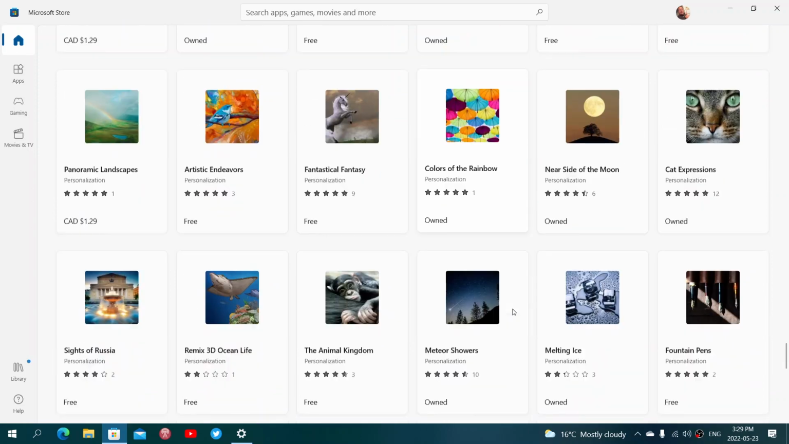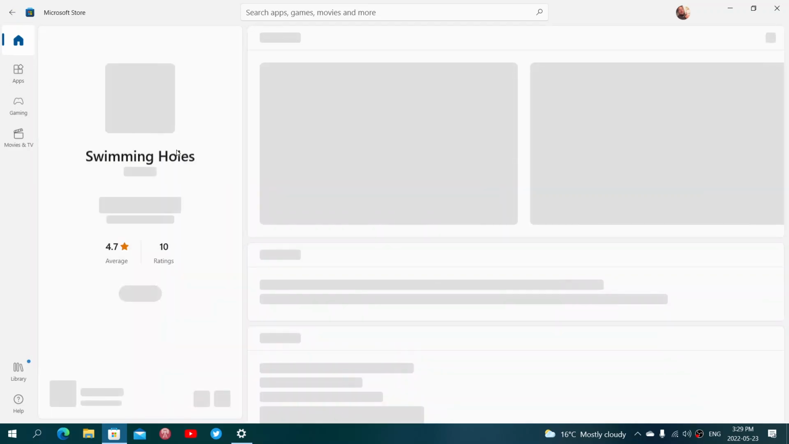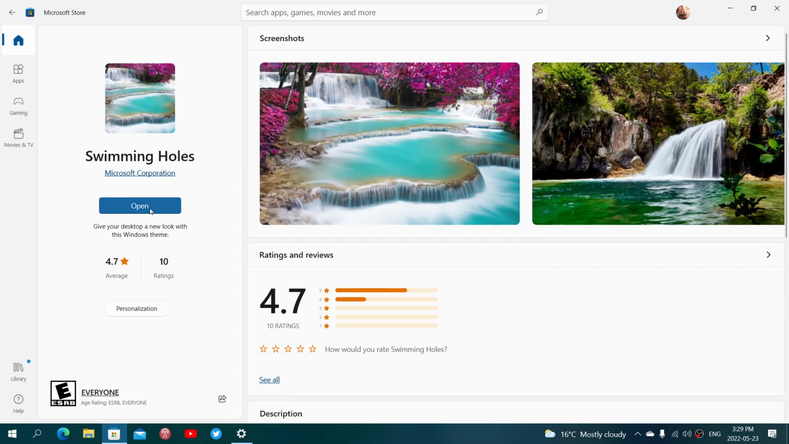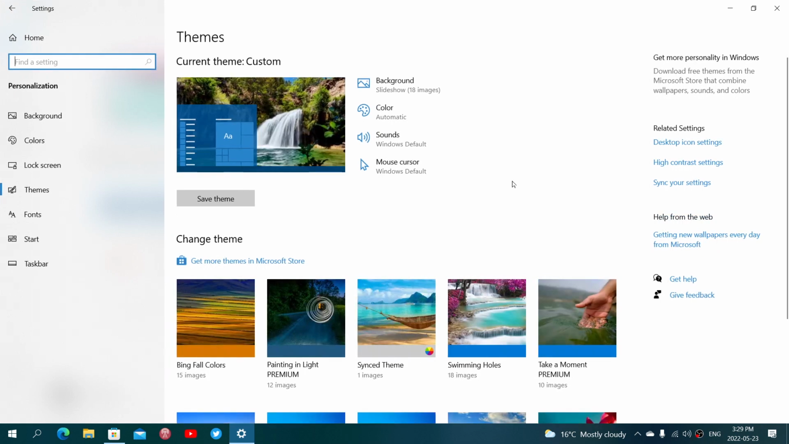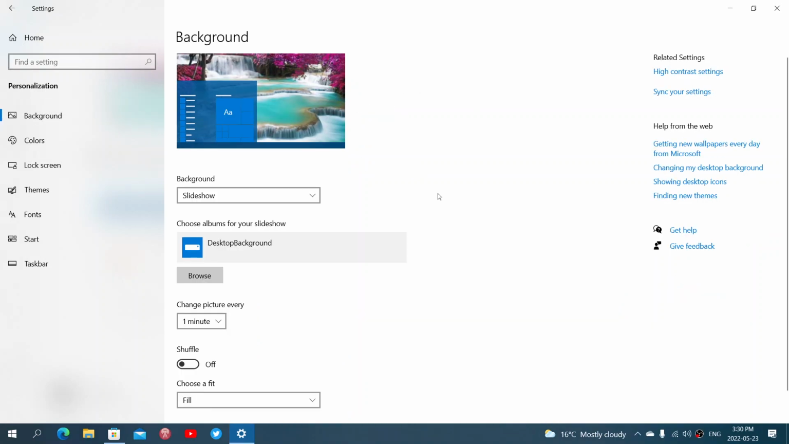And once you do, Swimming Holes, here it is. Click on it and click Get to have it on your PC. Once you get it, then it's downloaded and all. Just open. It's going to bring you to a themes page. You will need to actually double click on it to make it active. Once it's active, the things to change, remember, in the background, you will have one change the picture, change 1